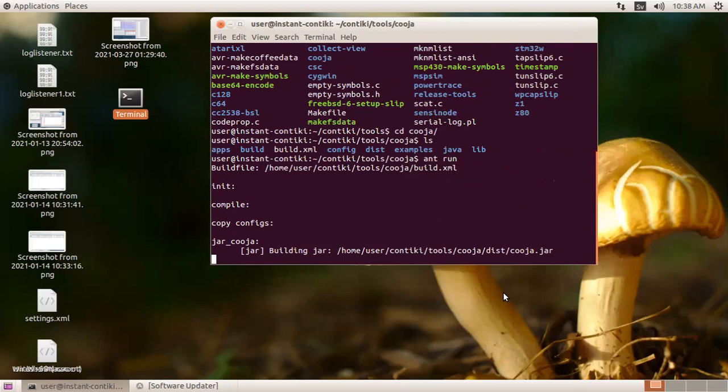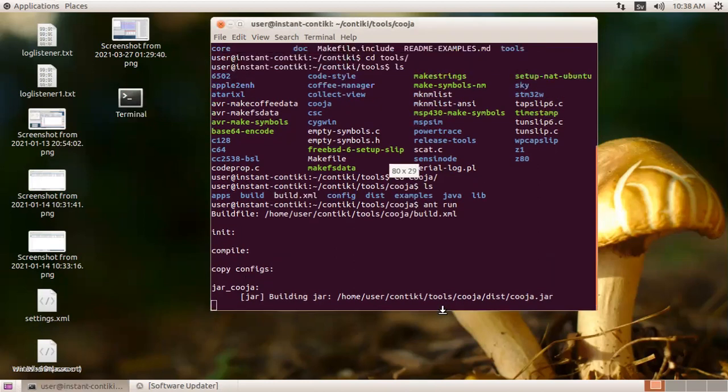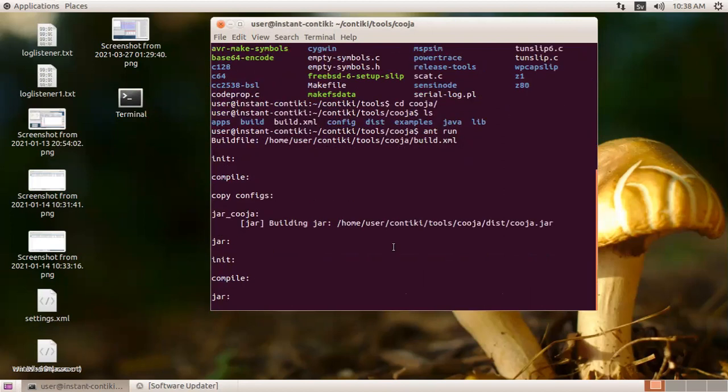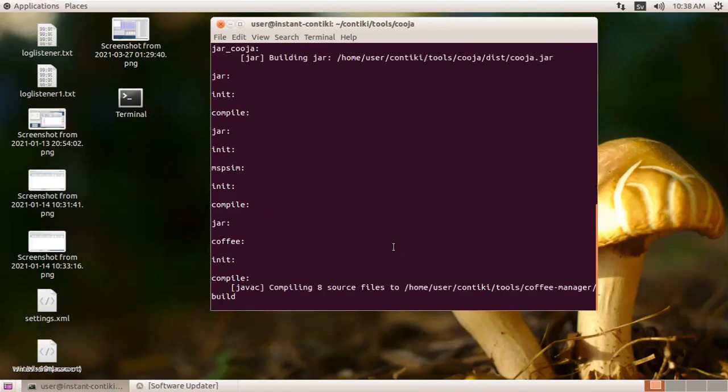You can code it in C language also. You can code it in C++. You can code it in Java also. So that is the beauty of this Contiki operating system, where we are using the Cooja simulator, right? So you have to just hold on. You have to wait a few minutes for this simulator to get started, and then we will have a welcome window.